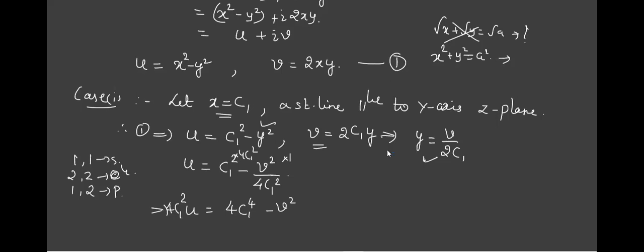Now we need to rearrange. This v square term, usually the square term should be kept in the LHS part. I'll just shift it. This is with a minus sign. I'll take this term here and shift this term here. So altogether what I'll get is v square equal to, okay, this term is actually negative, but let me write it first, 4c1 square u, plus 4c1 raised to 4. Is it the correct arrangement? Let's see.